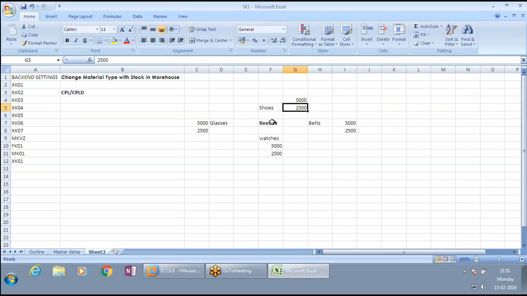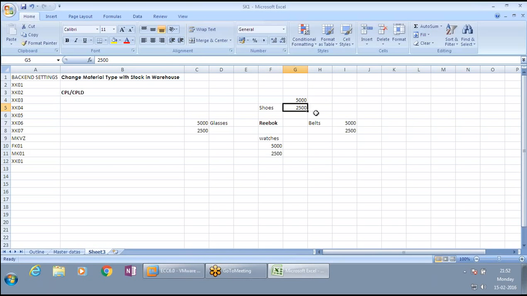Now I'll have to contact whom? Reebok. By the time I contact Reebok and it reaches the shoes team, the order might already be on the way. The 5,000 units might be on the way already. So I either have to pay for 5,000 units, or return 2,500 units, which will cost me delivery charges. And if Reebok says, no boss, you placed an order, I have delivered it, it's none of my business, I'm not going to take your 2,500 units back, then I'll have to bear those 2,500 units until I find a customer.